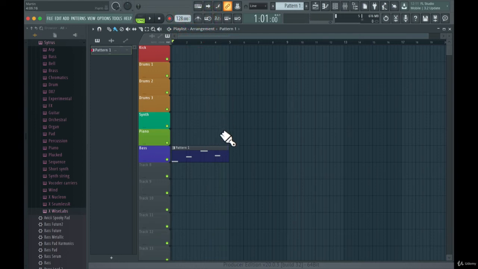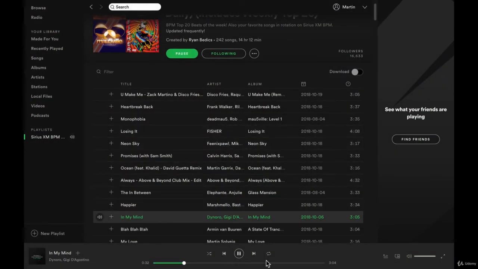Okay, so let's take a listen to the next part in the song that we should find and recreate. So you can hear a snare drum there, and I'm not going to listen to the different transition effects or the different effects that they're using in the song for now, because I want the fundamental sounds of the track as of now, and then we're going to build up the different effects for the track.